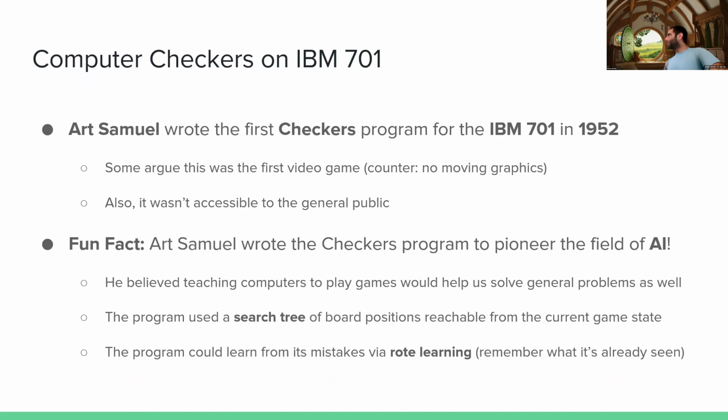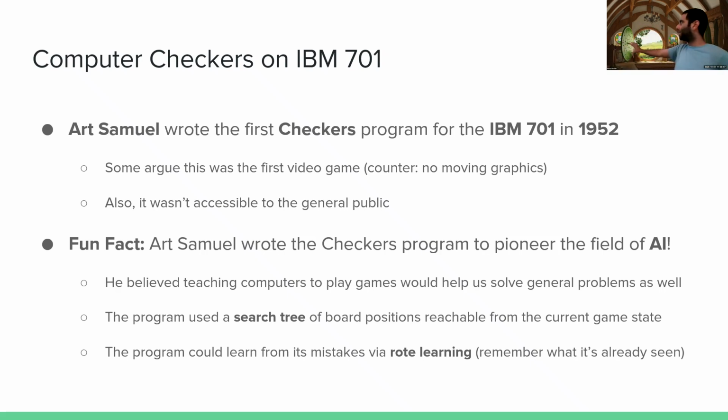So this program could actually learn from its mistakes using a technique called rote learning. This is one of the early artificial intelligence algorithms. Basically, it had some objective function that knew when it wins, a score encoded as a winning score. Anytime it did poorly based on that score, it would remember what moves led to that point, downweight those decisions compared to other decisions, and upweight decisions that seemed to be successful down the line.